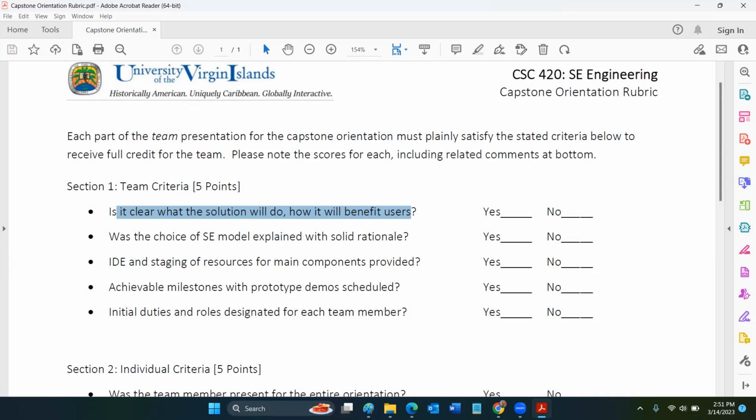Everybody understand what I'm saying? Yeah. Okay. Now, was the choice of the SE model explained with solid rationale? When we say with solid rationale, we're saying, okay, you chose this method for software engineering for your team, and it's a hybrid. What exactly about a hybrid approach is the most beneficial for what you're doing? And as long as you satisfy that simple question, your team scores a point, and so do you as an